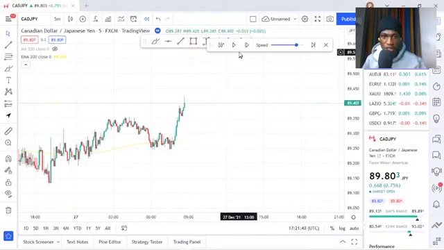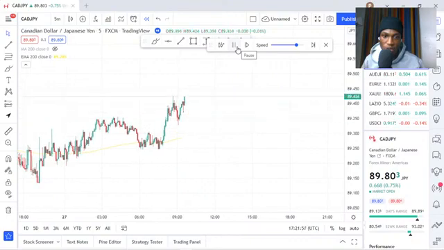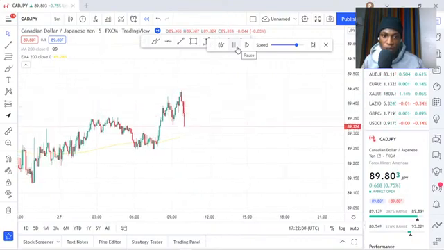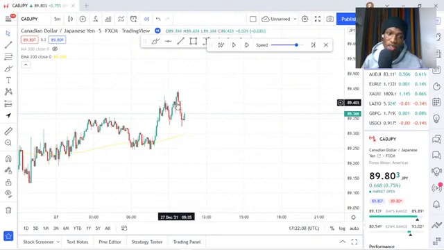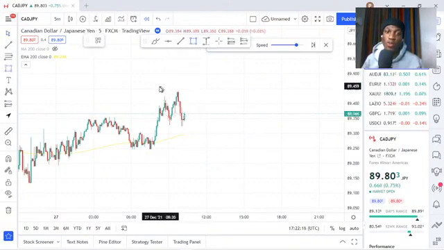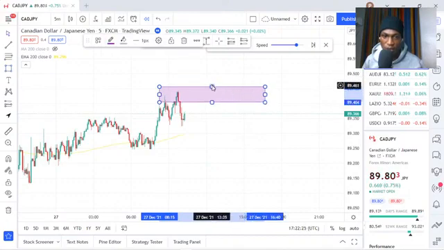Okay, so right here, let's use this example. If you notice, the market is trying to form what looks like a double top, right? And remember, I told you, at any point in time in the market, you can apply a new strategy or an adaptive strategy that's going to fit what the market is doing at the moment. So if I look at this trade right here, I could see that the market is already forming what looks like a double top, but I can't enter this trade unless I've